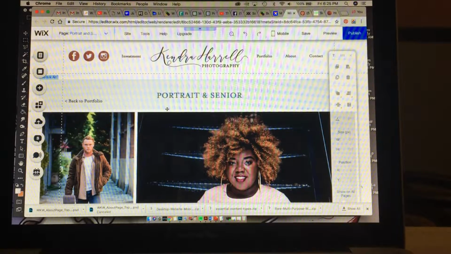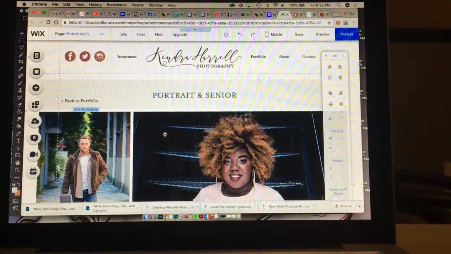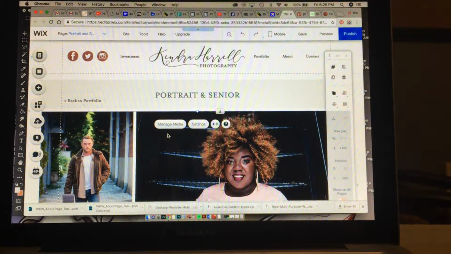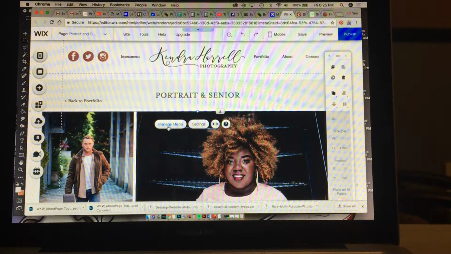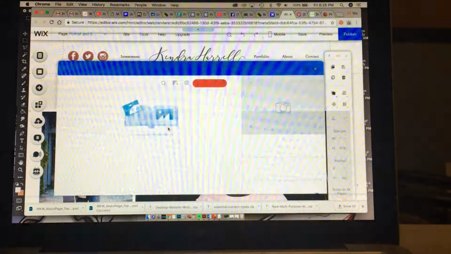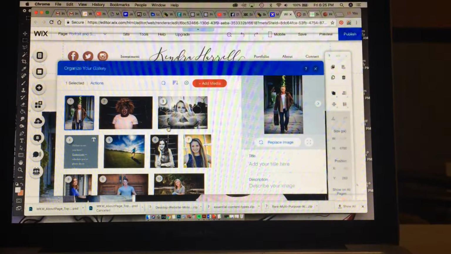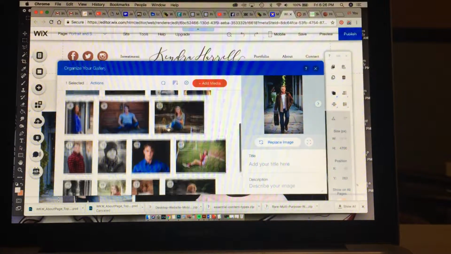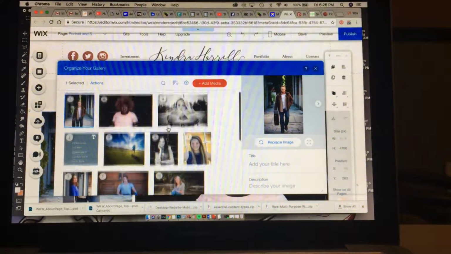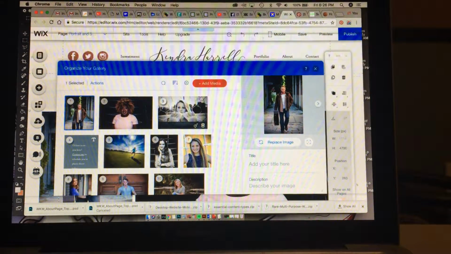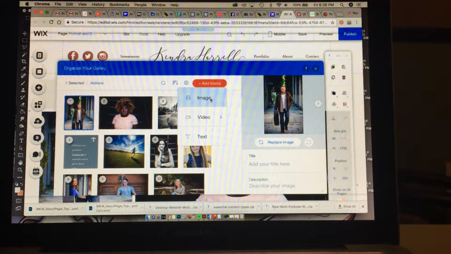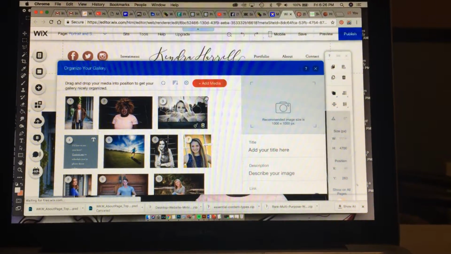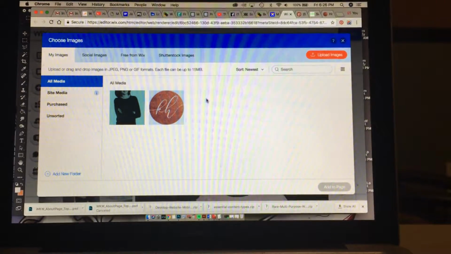So in order to update the gallery, to put new photos on the gallery, we're going to actually click right on the gallery and some buttons will pop up there in white, see? And we're going to select the button on the left that says Manage Media. Here are all of the photos that are currently in that specific gallery. And since we want to add more photos, we're going to go to this orange button and click on it. It says Add Media,